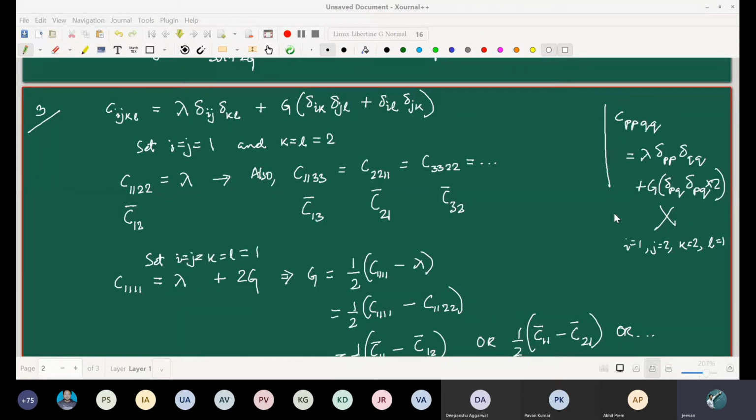So how do you go about doing it? Some hints and some things are provided. You take a look. This second part of the question, that asks you to show that the principal stresses can be expressed in terms of the principal strains like this, you will see that when we try to do the proof, this result automatically comes out. You don't have to think about the second part of the question separately. It just comes out as a natural consequence of the proof.